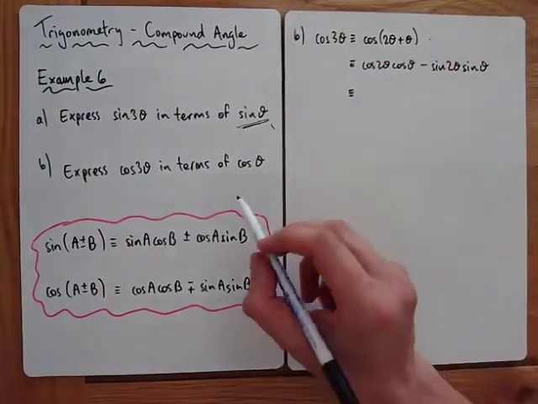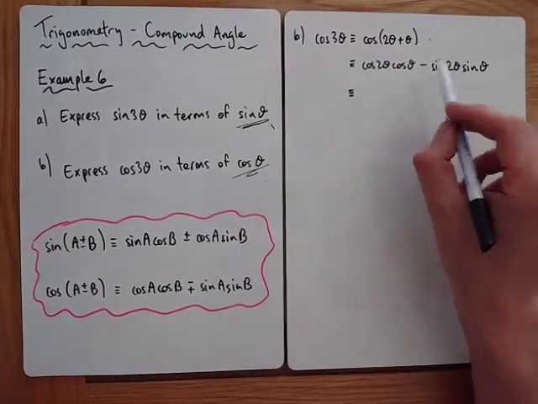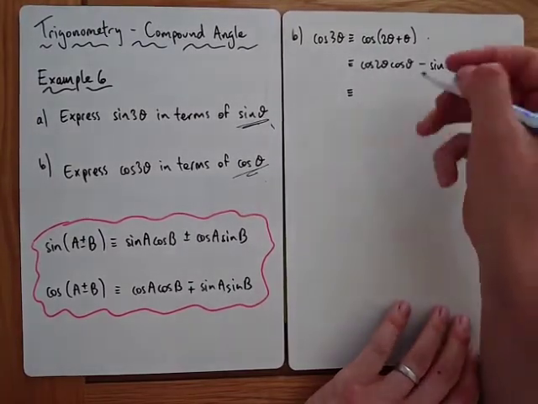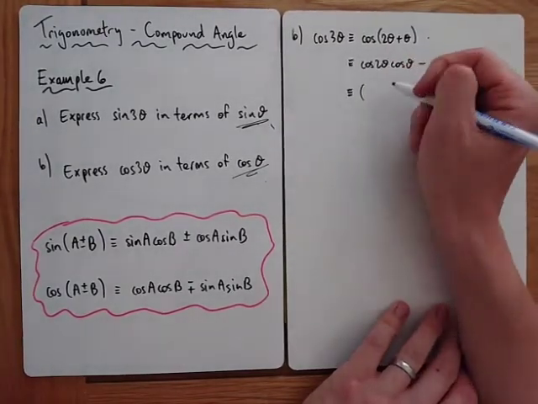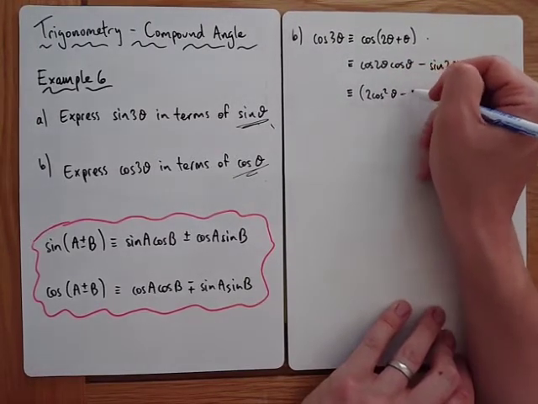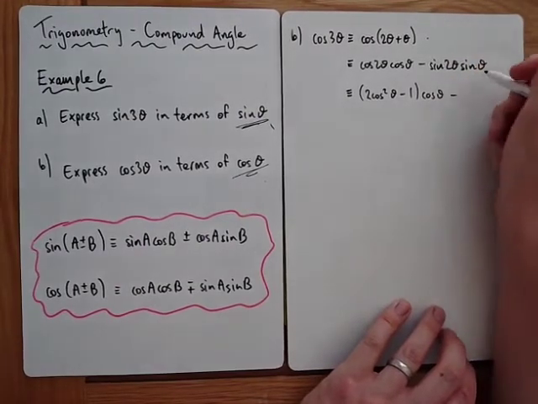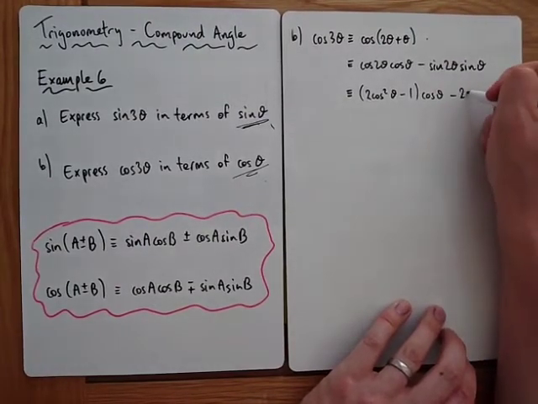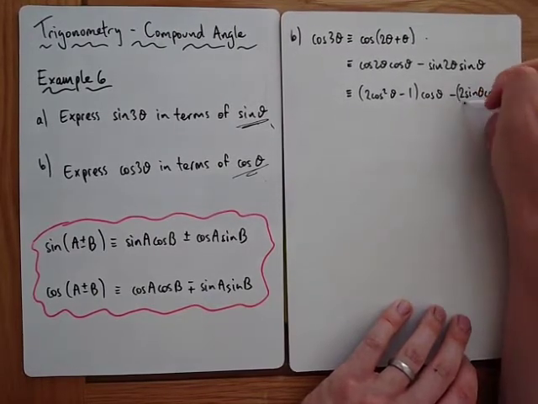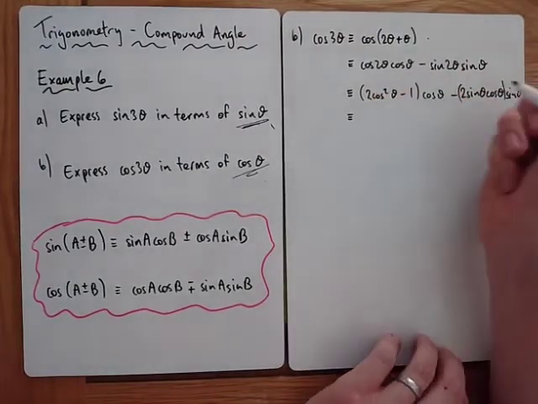And then we want to get in terms of cos theta, we're stuck with double angles. Cos 2 theta, which one are we going to choose? We want it in terms of cos, so let's use 2 cos squared theta minus 1 multiplied by cos. Sine 2 theta, don't get a choice, 2 sine theta cos theta all times by sine theta. And that would give us 2